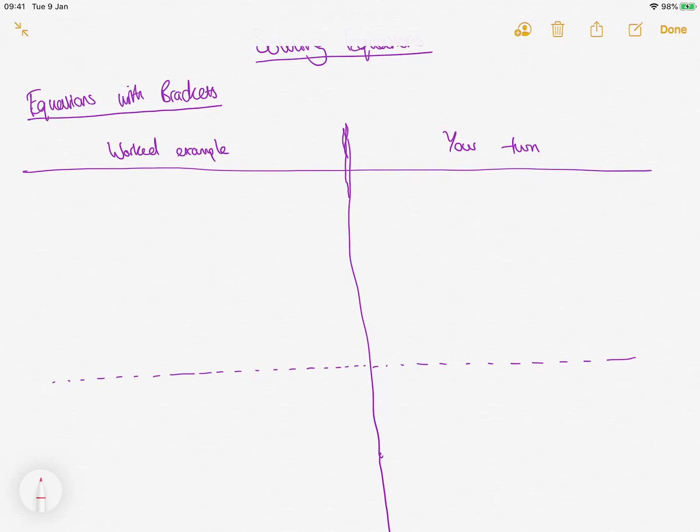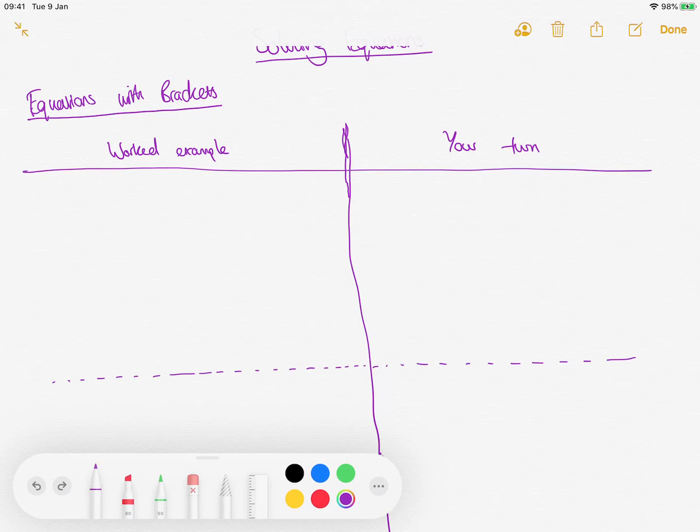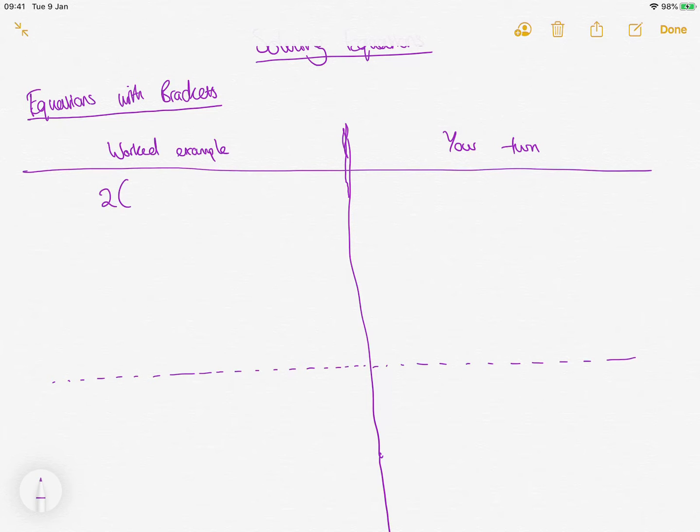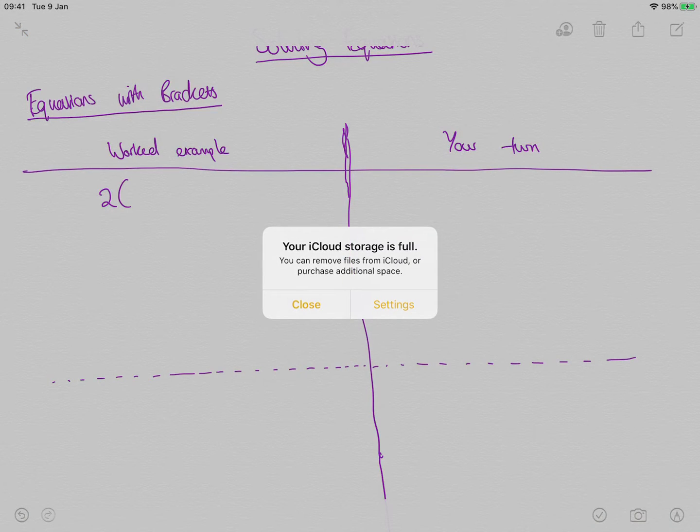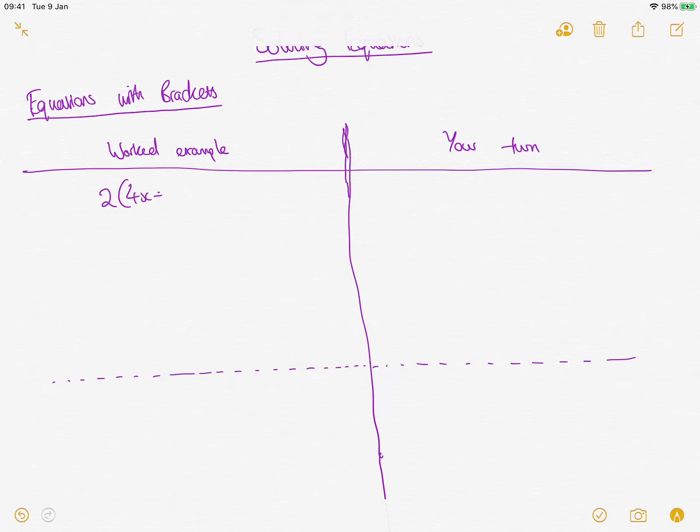So the first worked example is, let's keep it in purple. I'm going to go through this one without talking first of all. Undivided attention on what I'm doing, see if you can follow it. And then I'll talk through it and annotate it, and then you can have a go at the your turn question. So first of all,